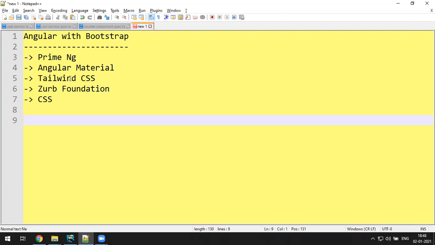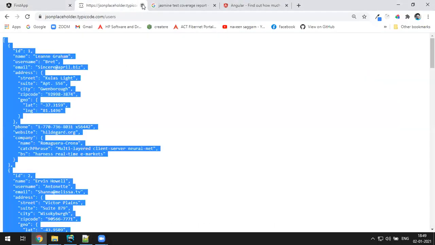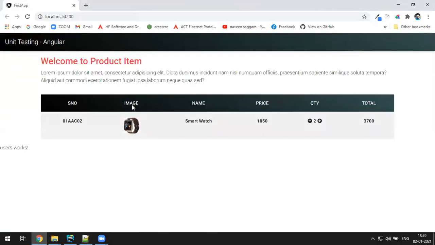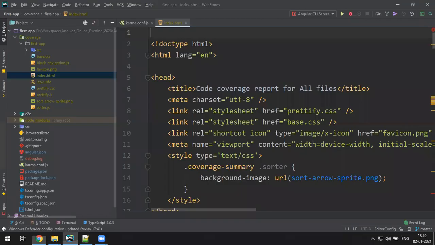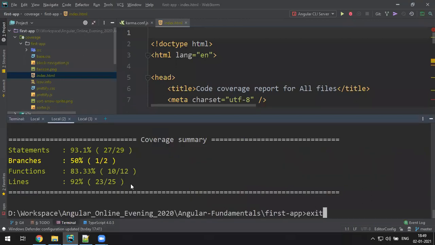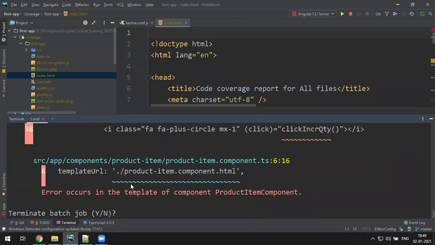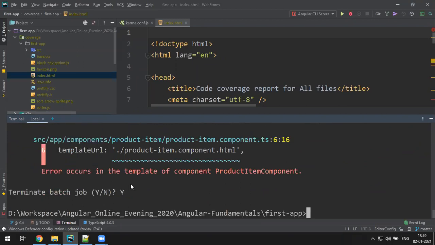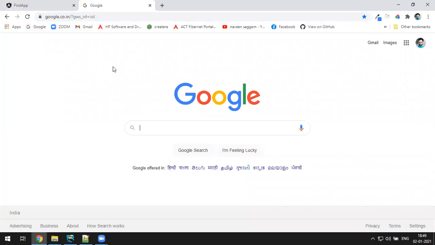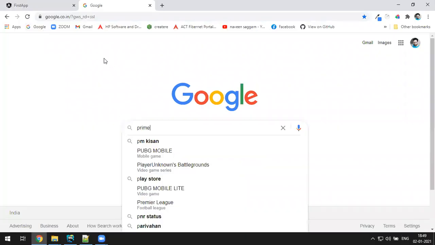Okay, fine. We are not going to discuss all of this. Prime NG we'll see now, and later we'll see Angular Material. So Prime NG. If you close all this, it's not required. If you go to Google, let me stop the server. Exit, stop it. The prototype component and click event was old, just ignore it. Now, if I search Prime NG,